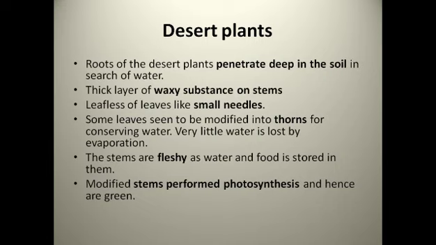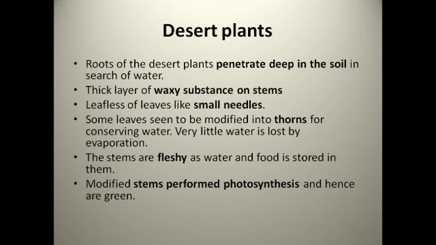So the first adaptation done by the plant is that they have a long root so that they can penetrate through the soil and reach the level of water. Because in a desert area, water is at a very low level, and we all know it is not easy to get water in a desert area at a very small distance. So the plant also tries to adapt to those conditions. What they do is they penetrate their roots to the lower level of land to get to the water.